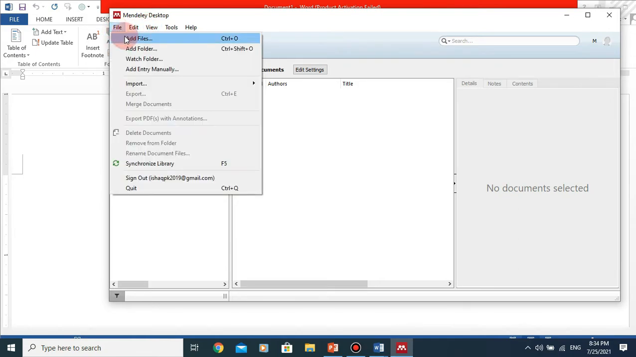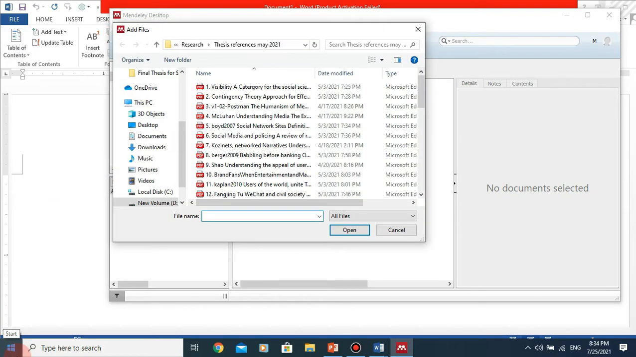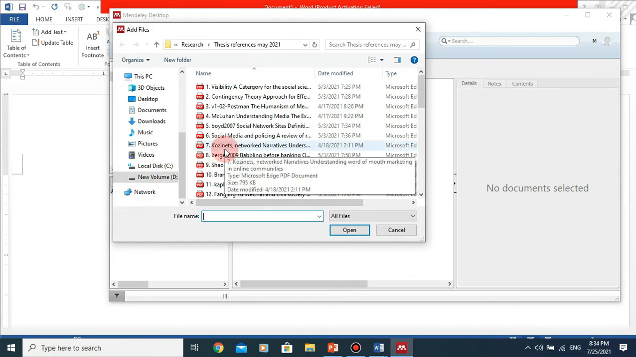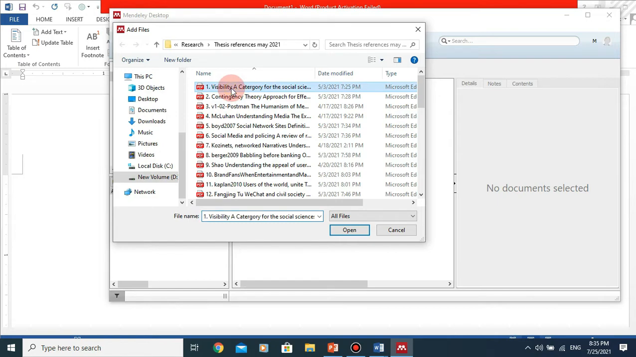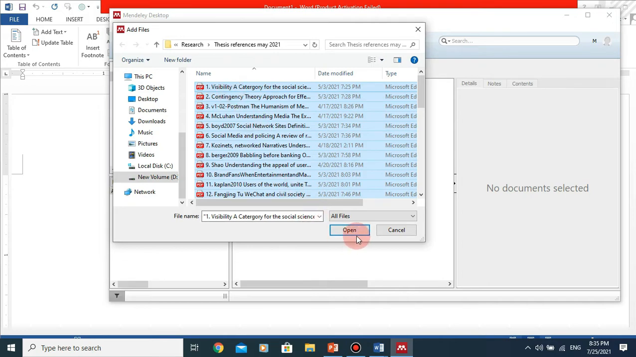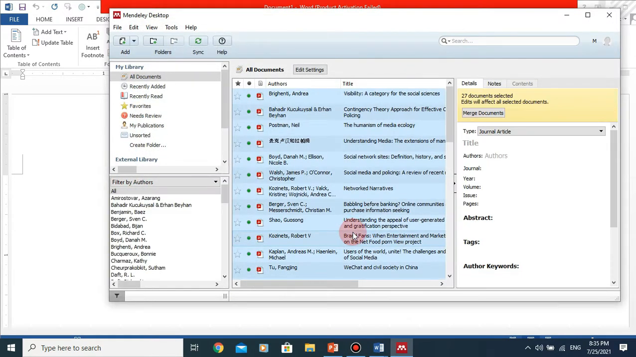Just add files. I have saved all the files in one folder. So give the destination where you saved the files, click on one, and then press Control A to select all, and then open all the files. So now all the files have been